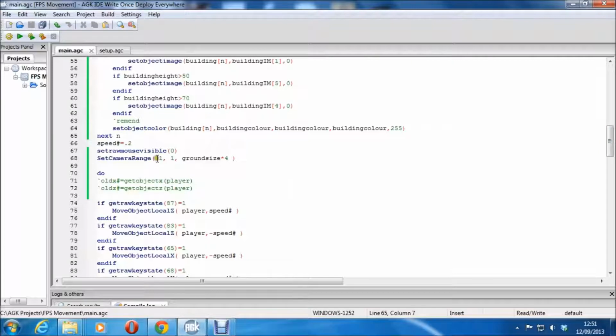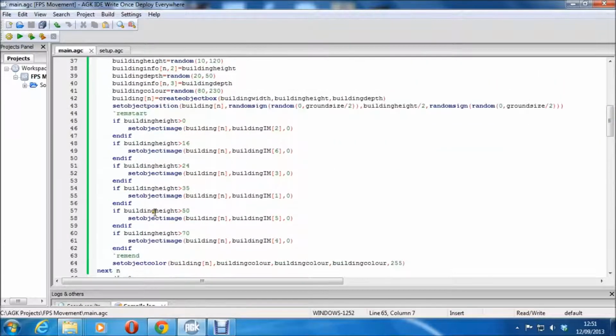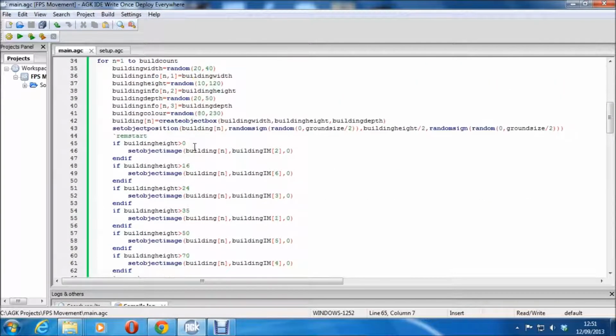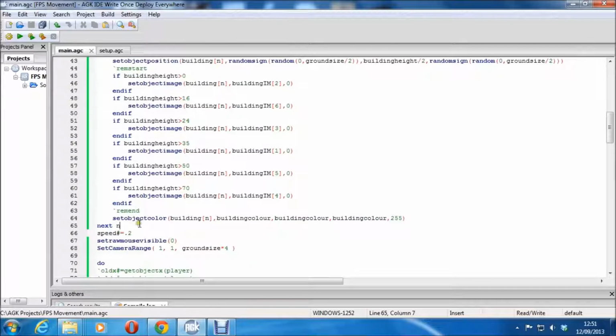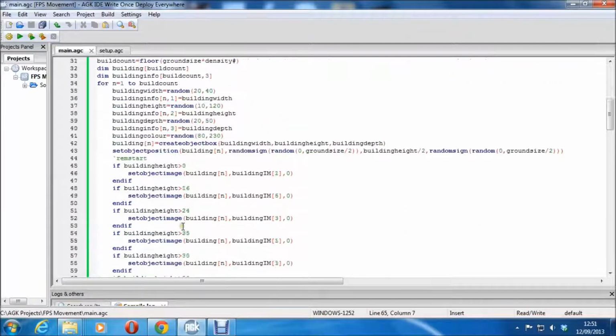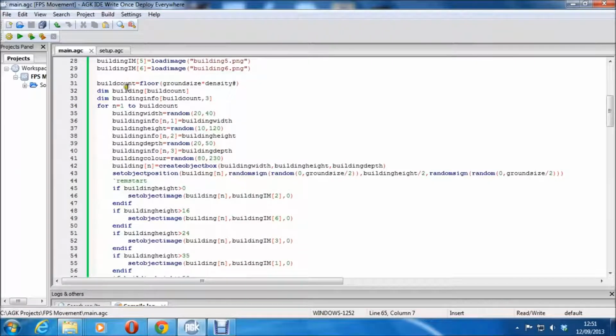And right, so at the end, that's the end of the loop for that. That's what it's doing for build count, which is however many buildings there are. Obviously it sets the colour there, like I said. It's a building colour, building colour, building colour, and building N. So yeah, that's changing it. Oh right, yeah, of course. So it sets it to grey. So whatever you set building colour to be, which is the random thing